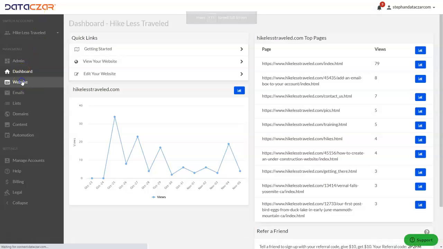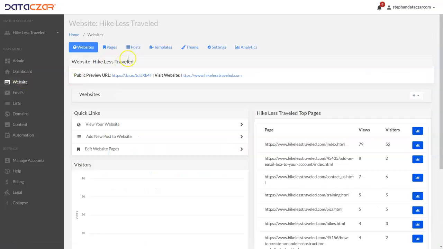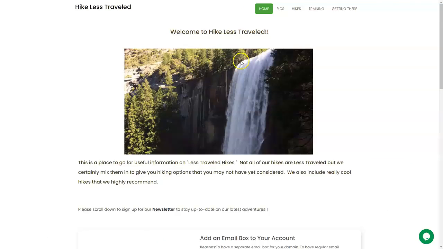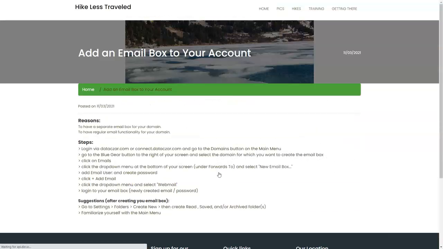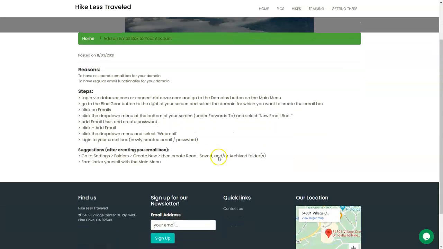Quickly, let's go to the website button. And these are the editing tools for editing your website. We're not going to go over that today, but we're going to take a quick look at this website that we're using for demonstration purposes. It's our Hike Less Traveled website. We're going to scroll down to this post here,